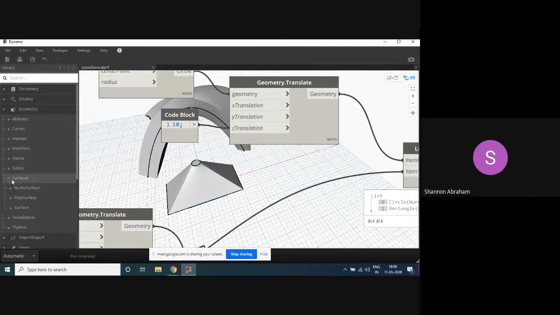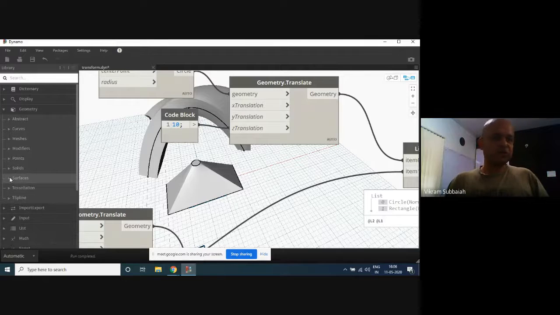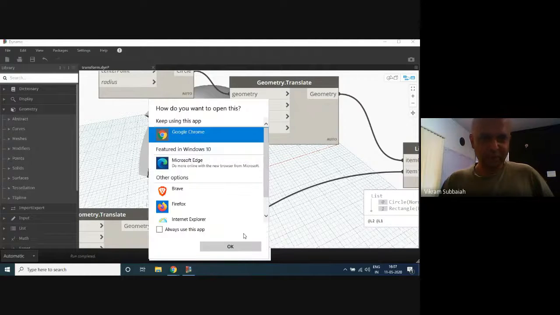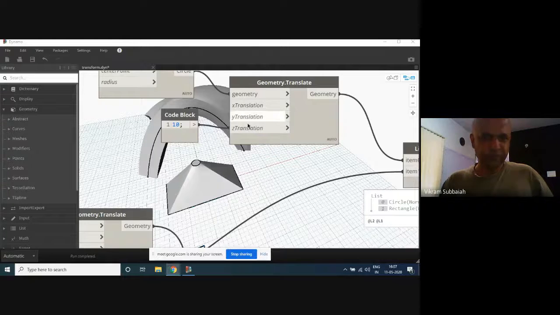There's also a node reference guide, and they seem to have a getting started section now. Go to the project website. If you go to these links, you should get most of the references you need.